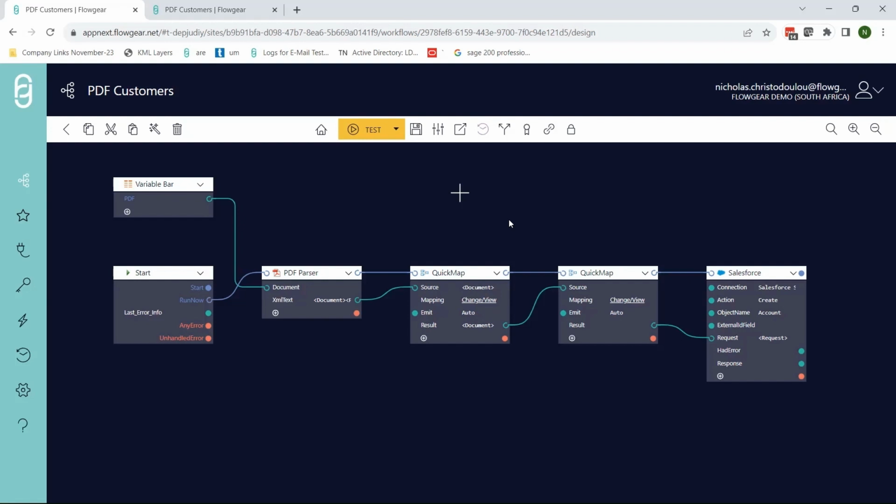Here you can see a version where we've included some more mapping transformation, and so we'll take you through what that looks like and what it actually does. Now, the primary purpose of the quick map in this space is to take that data and give you a simple mechanism by which you can map the structure of that data into its expected structure for the target system, in this case, Salesforce. The first quick map we have here is simply giving those fields a more meaningful name so that we can map that onto the next stage,